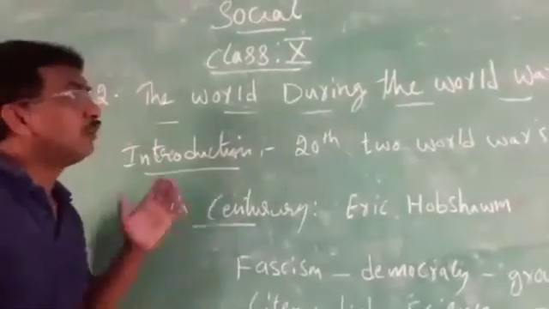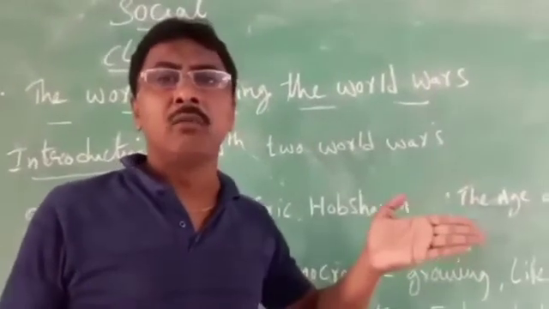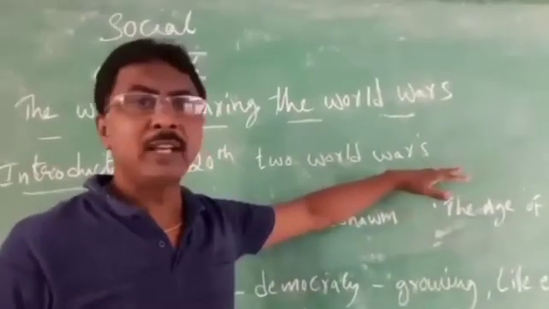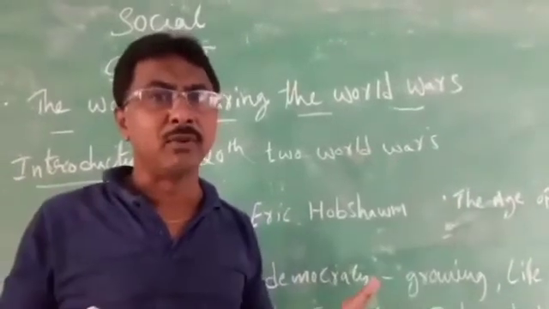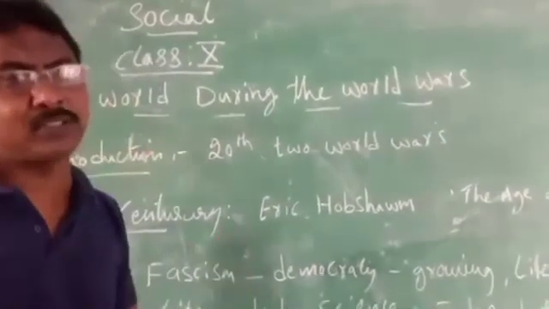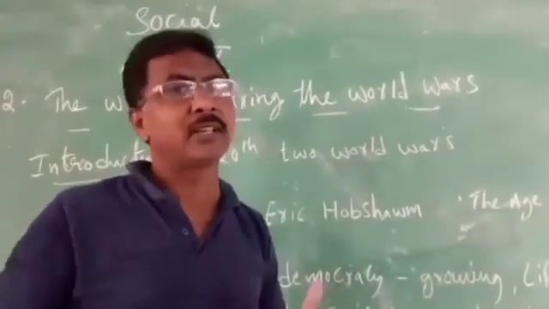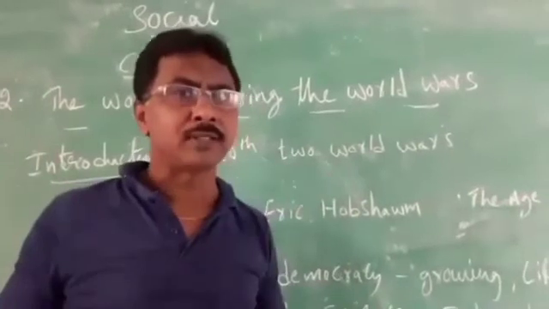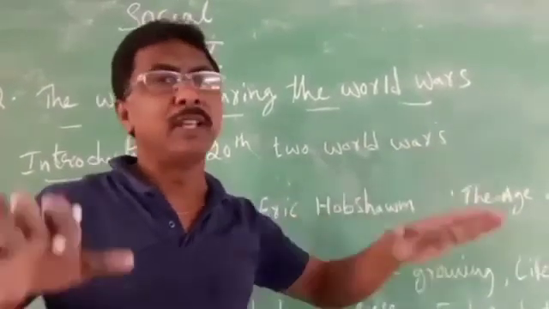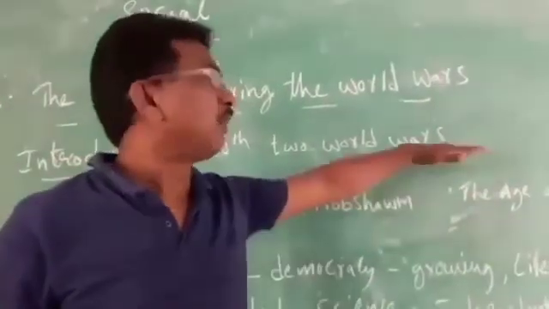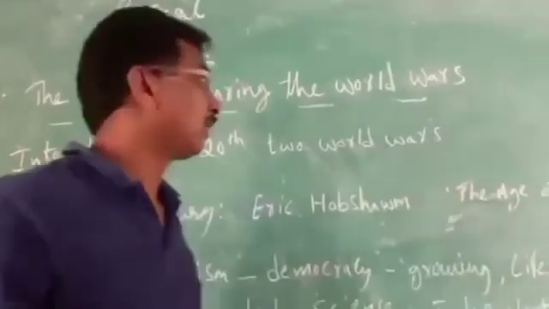We are going to discuss what happened after these 2 world wars. The UNO, the United Nations Organization, came after the Second World War and maintained the peace. After completing the 2 world wars, the UNO was established in 1945. They made peace, and from that day onwards there were no world wars. So that is the introduction.